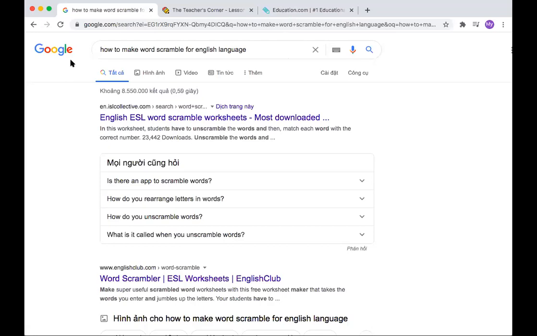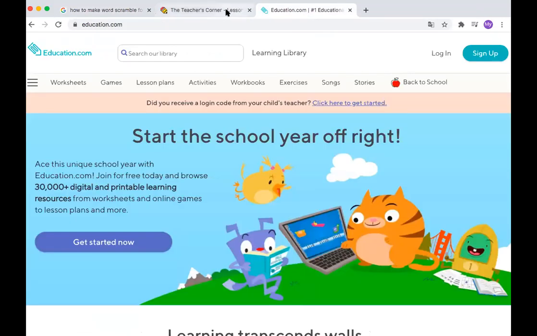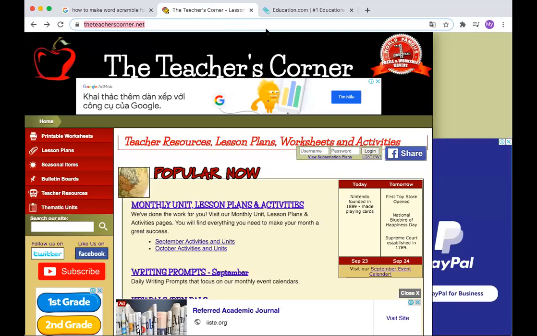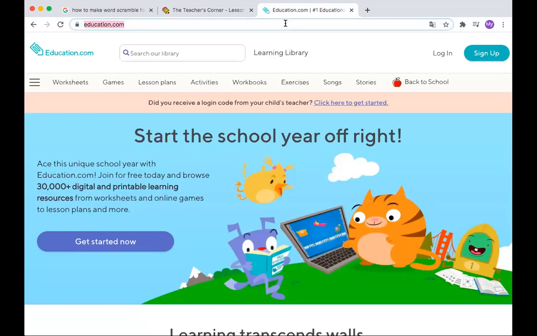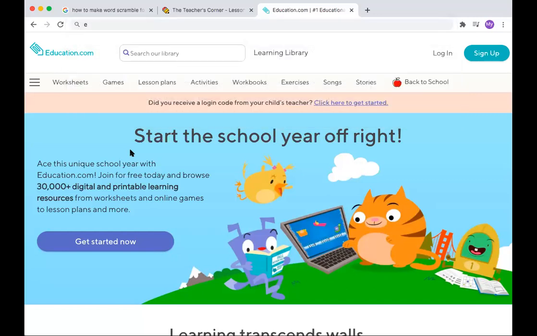The first one is education.com, and the second one is The Teacher's Corner. For the first website, first of all, you need to write down the name of the website, and then